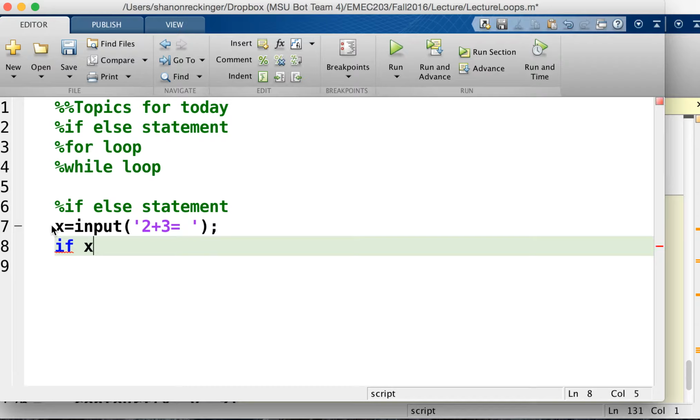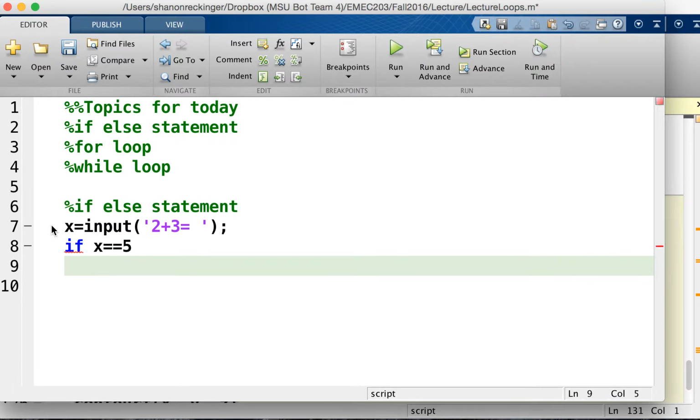So what is the correct answer? It's 5. So what condition could I put next to the if statement that would check to see if it's right? Check to see if x equals 5. So the relational condition for an equals is a double equals. A single equal sign is a definition. And then